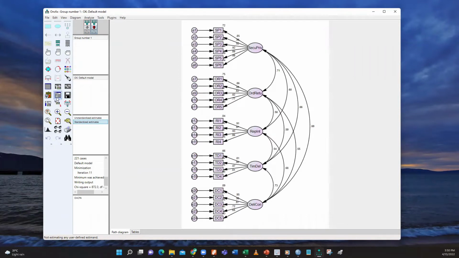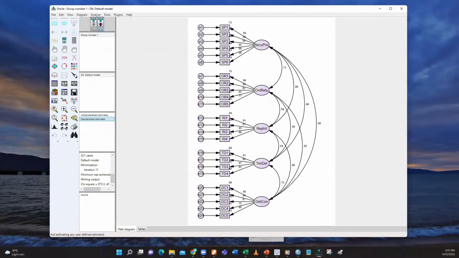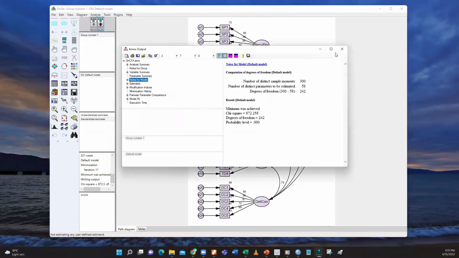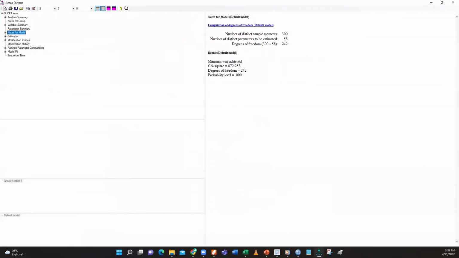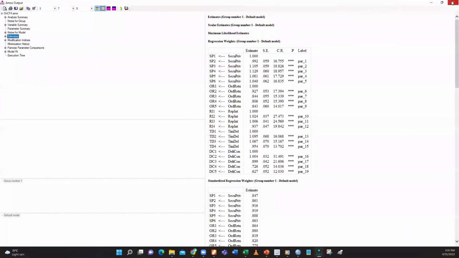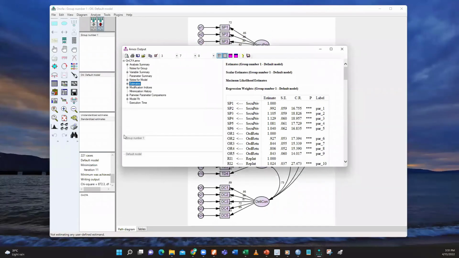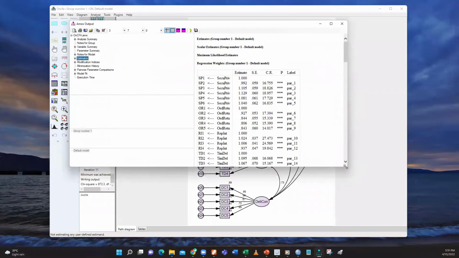So we go to estimates in output to be able to see what the output of the analysis looks like in tabular form. By doing this, we can clearly determine what exactly we are going to do in terms of getting our model to satisfy the requirements for reliability and validity. So this is my output window. And in my output window, I am going to estimates, where we said we will find the various tables that we need. Under estimates, the first table that we come across is the regression weights table,